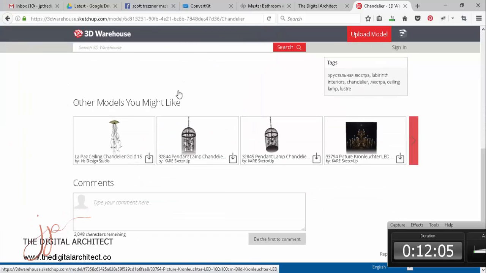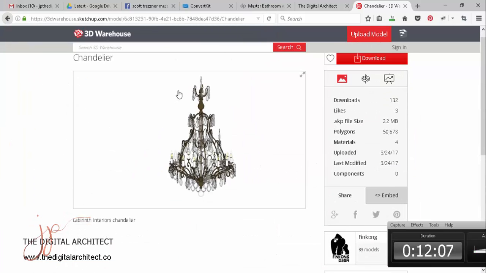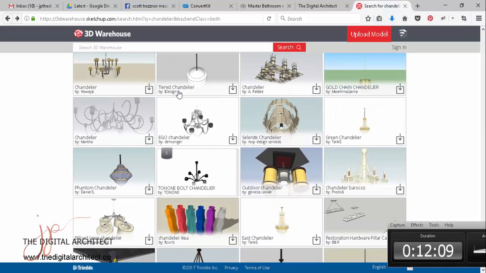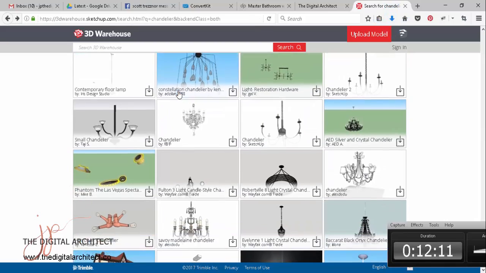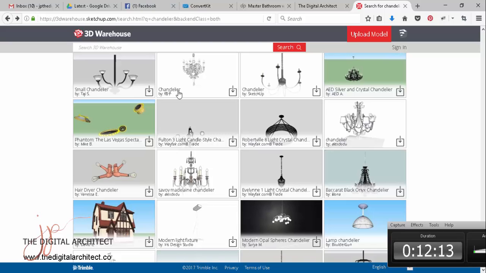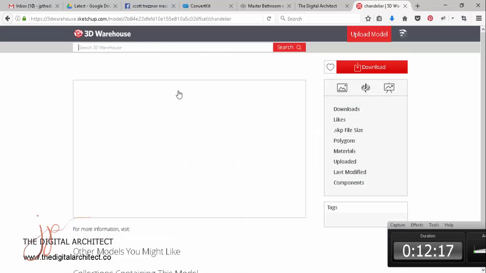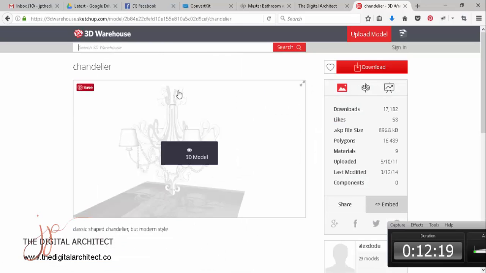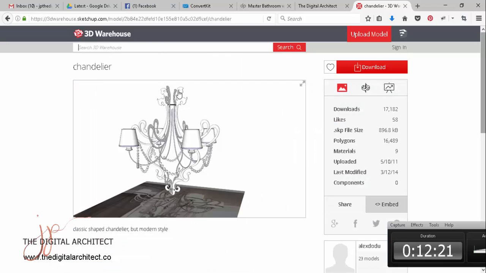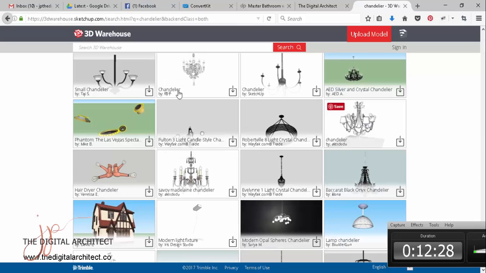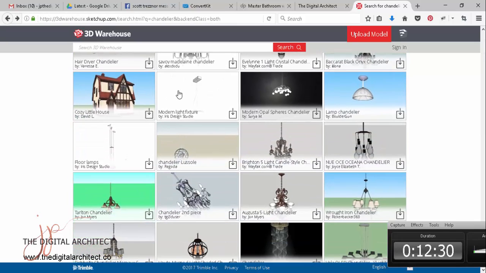Maybe I'll look for another option. How about this one? Oh, this one. Okay, this is just about the right size that I like. It's classical and modern at the same time, so I want it really classic. How about